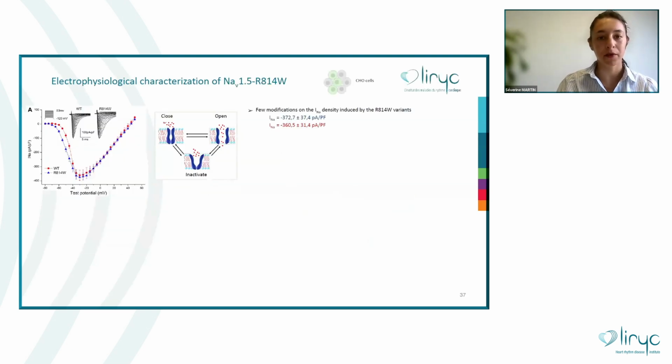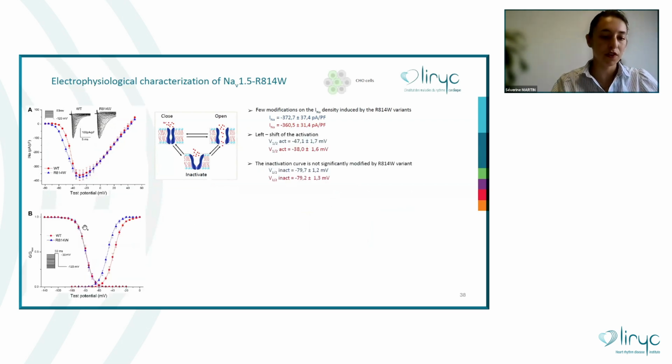So I will begin with the mutant channel first. So as you can see here, compared to the wild type channel, there is no or few modification of the current density, as you can see here. But when they focused on the inactivation and the activation parameters, they found no modification of the inactivation kinetics, but they noticed a left shift toward hyperpolarized potential of the mutant channel, and this shift contributes to